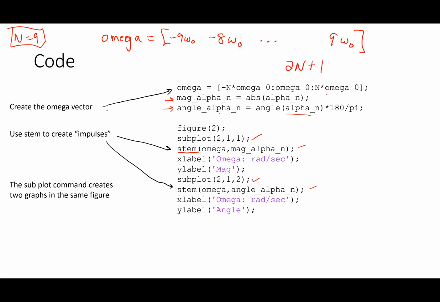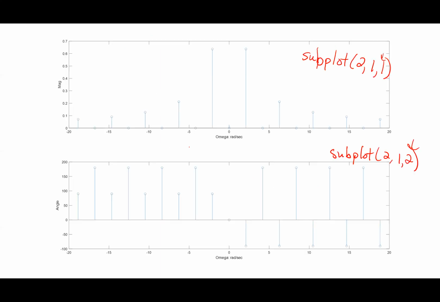Yeah, stem basically plots what amounts to an impulse. It plots a little stick with a ball on top of it. So it's a stem basically. There's the point here, and then there's a stem that goes with it, okay? To me, this is how you can express impulses. And what I can see is that I've got impulses at the different spots, all right? And then everything else is 0 in between,